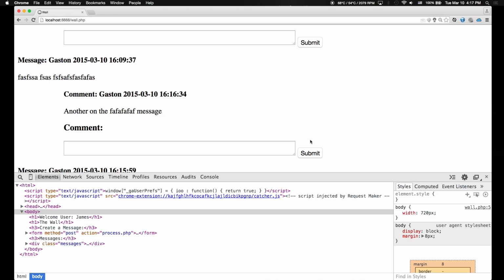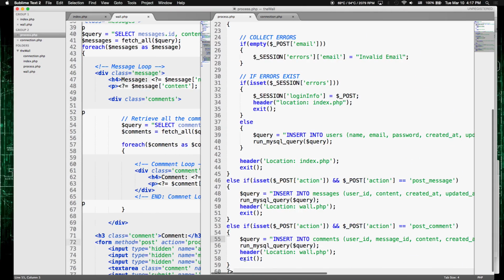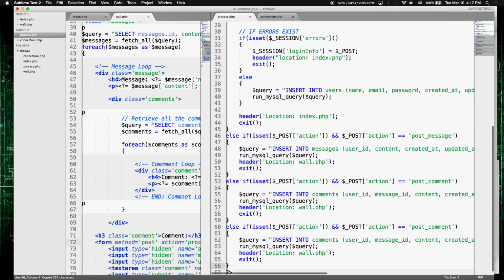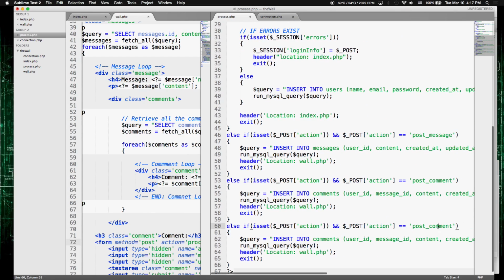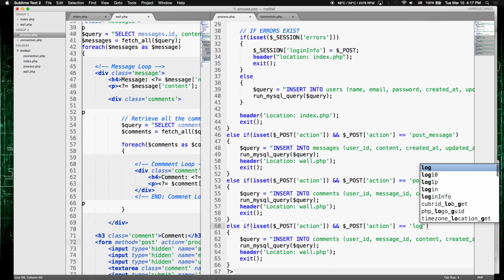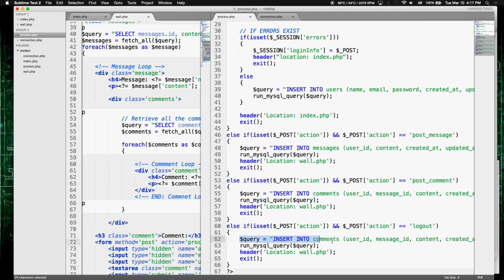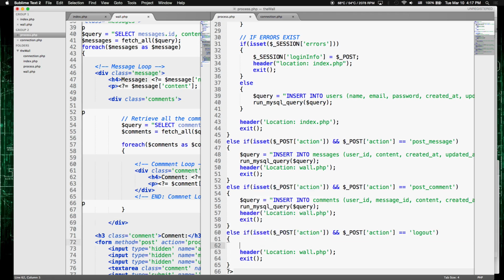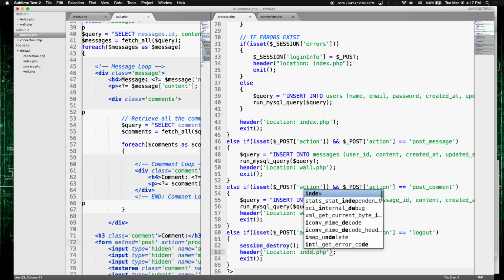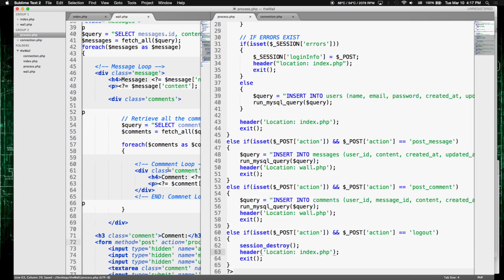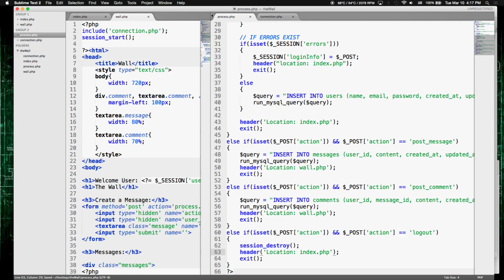So if I create a logout button, it'll be very simple. It's just somewhere over here. We do an else if, post of action, and action is logout. Session destroy. Yeah. Index.php. That's it. That's it. And in the very top here,